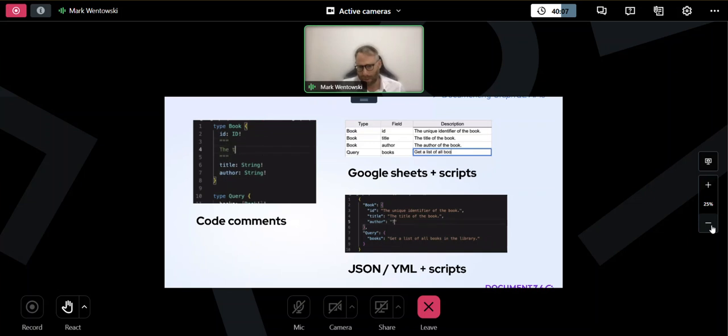The other ones I want to talk about are different options. So I've seen where you have Google Sheets where you actually manage the descriptions, and then there's some sort of script that will basically import those fields into the schema. And maybe I forgot to mention this: the code comment, that's the actual GraphQL schemas on the left. So the end result would actually look like the first code comments thing, but you would manage the data in